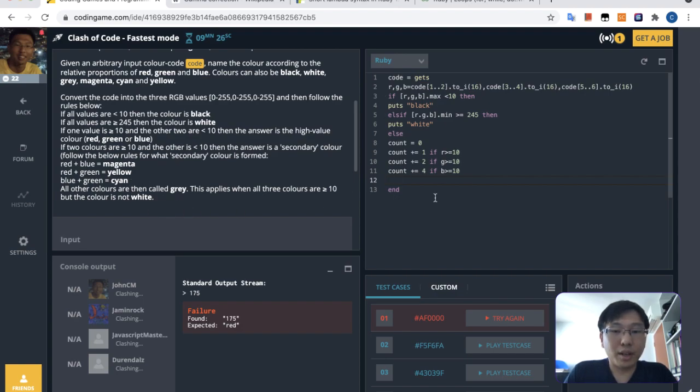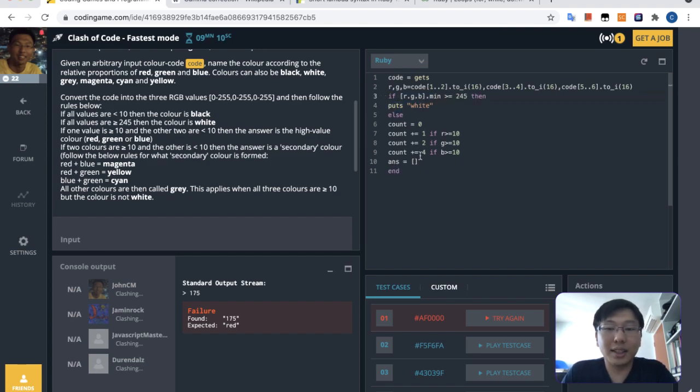Over here we can form an array. So maybe we have an answer array, so using this count we can actually print out the answer. If the count is 0, the answer will be black. Actually we don't need this, because if the count is 0 it is black, so we could just take it out. The count is 1, answer will be red. Count is 2, answer will be blue. If the count is 3, it's a combination of red and blue, magenta. If the count is 4, it will be blue. No, if the count is 4, it will be,